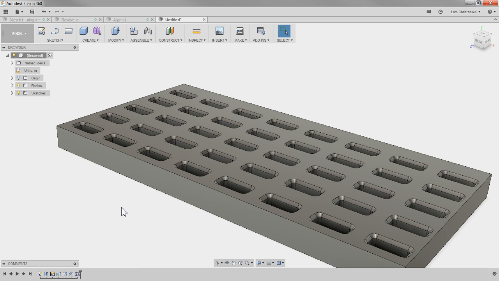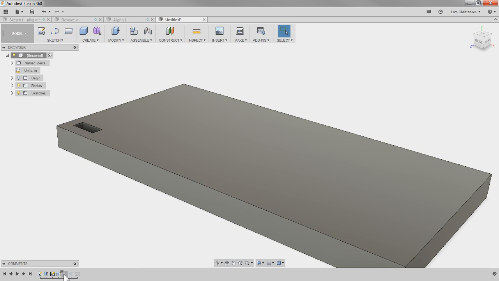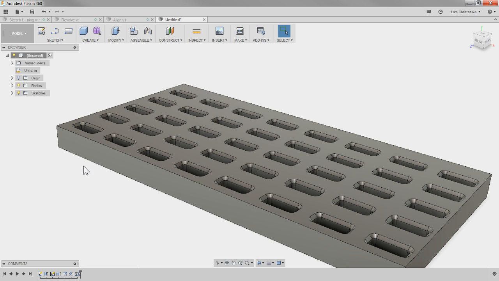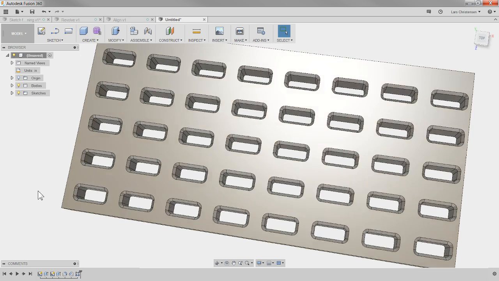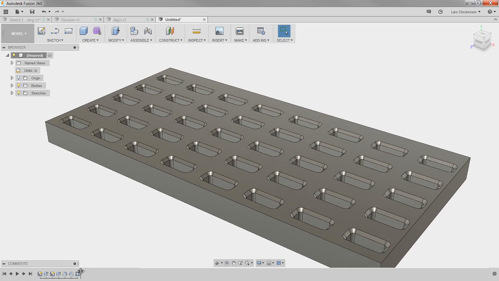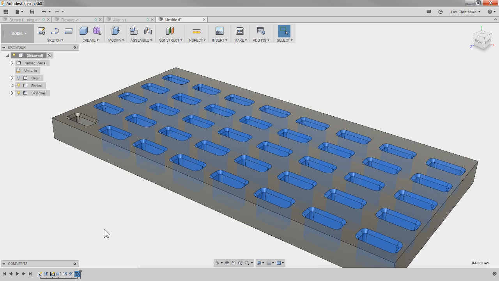Now I giggle a little bit when I model this up because I always make the same mistake when I'm doing this kind of thing, and that is you start from a corner like this, and then you pattern it out, and you never know how many instances you can fit in there, and you end up not having the same distance from one edge to another edge. And actually, if I look on the top of it here, you will also see that there's definitely not the same distance down here that there is up here. What you really should do if you're trying to lay something out like this is draw the first one either up on the edge here, so you're at least symmetrical around, or in the center or something. But whatever. Let's just delete this linear pattern here and redo it